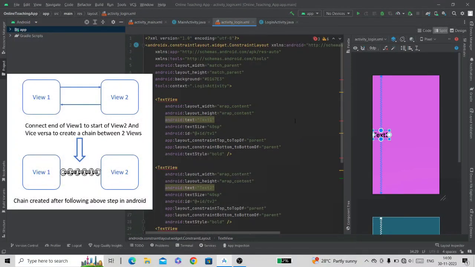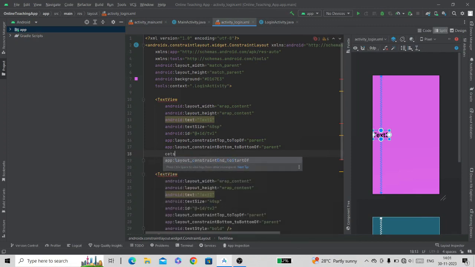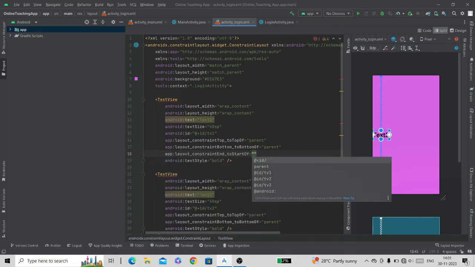Now to create a chain between 2 views, we need to connect the end of the first text view to the start of the second text view, and the start of the second text view to the end of the first text view. For that we will use constraint end to start of, and we will provide the ID of the second text view.